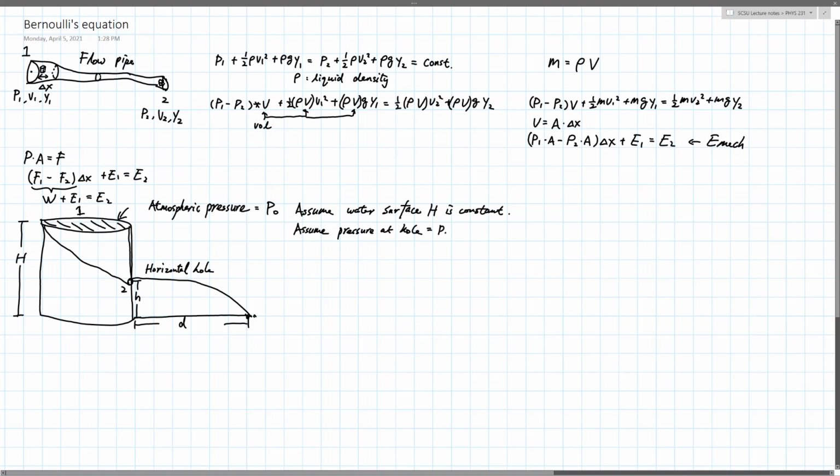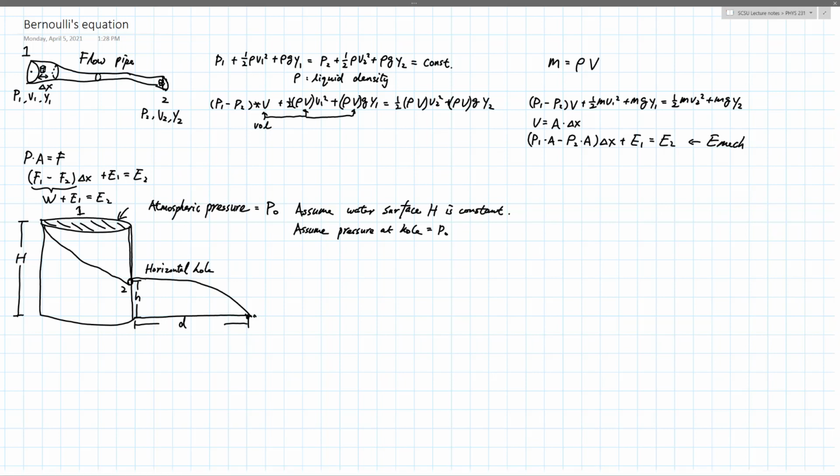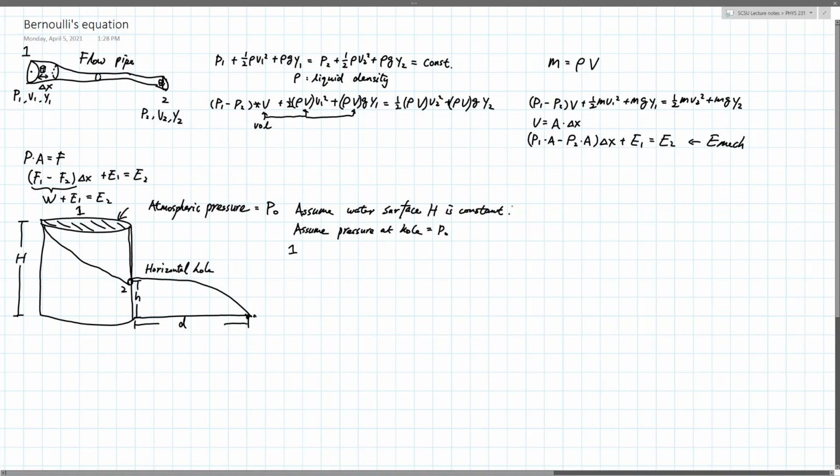the pressure of water at the horizontal hole is at atmospheric pressure because it's flowing out, meeting the atmosphere. If it had higher pressure, then it would actually expand into a broader stream. But if it doesn't do that, then it has already equalized with the atmospheric pressure. So at 1, right here, pressure 1 is actually equal to atmospheric pressure because this surface is open to the air, right? So pressure P0 right here. And V1 is approximately equal to 0